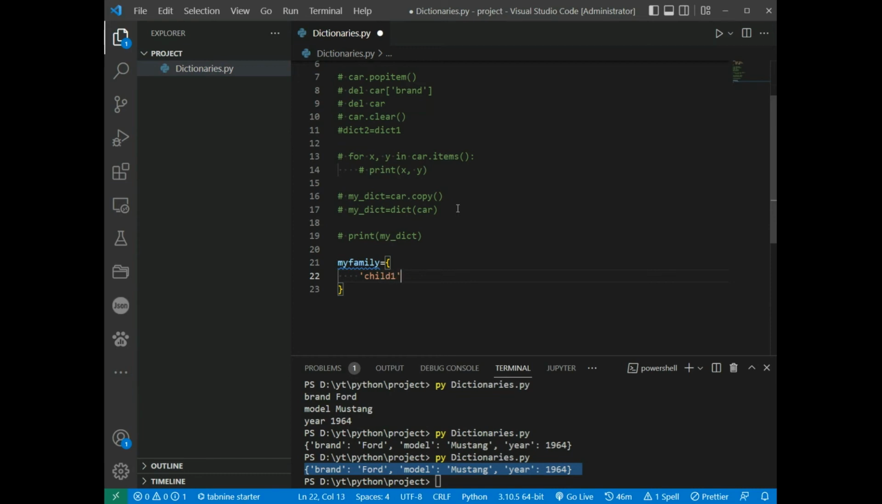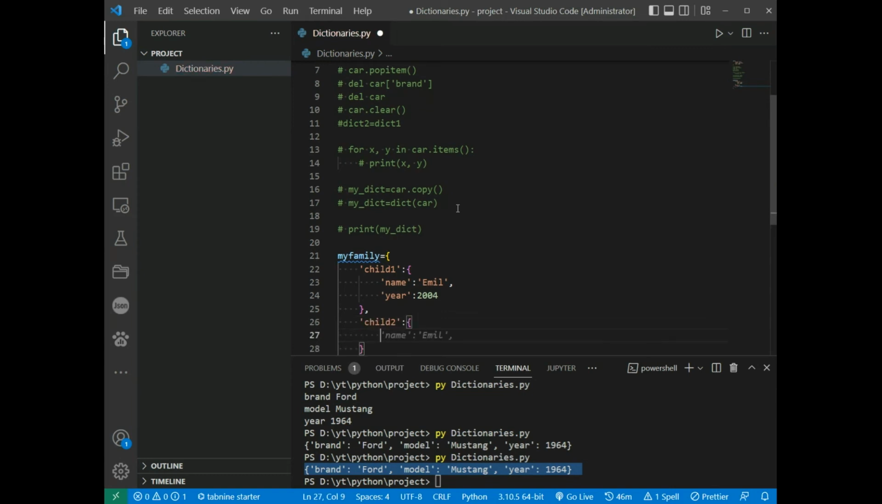child 1 is a dictionary. Child 1 is name is, for example, Emil, and here is this, and here in the codes, and child 2 is another dictionary. Save, run,